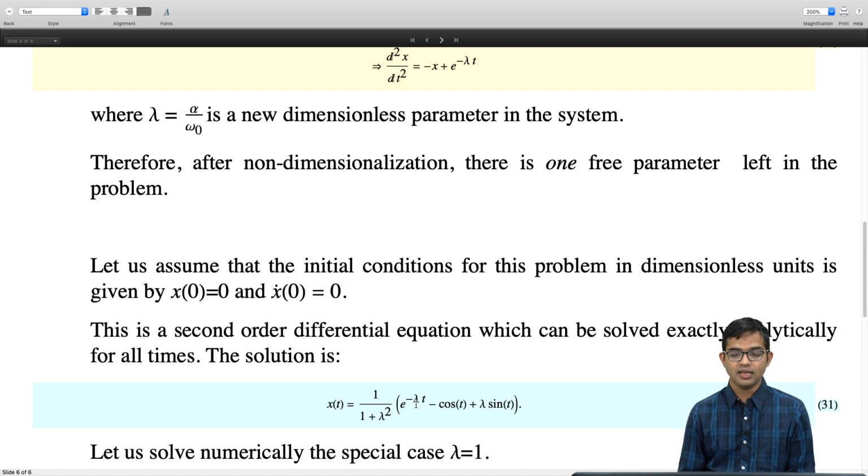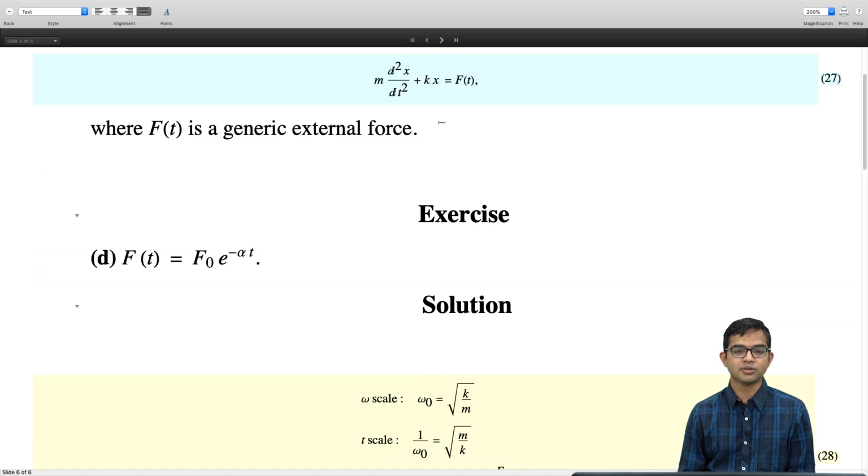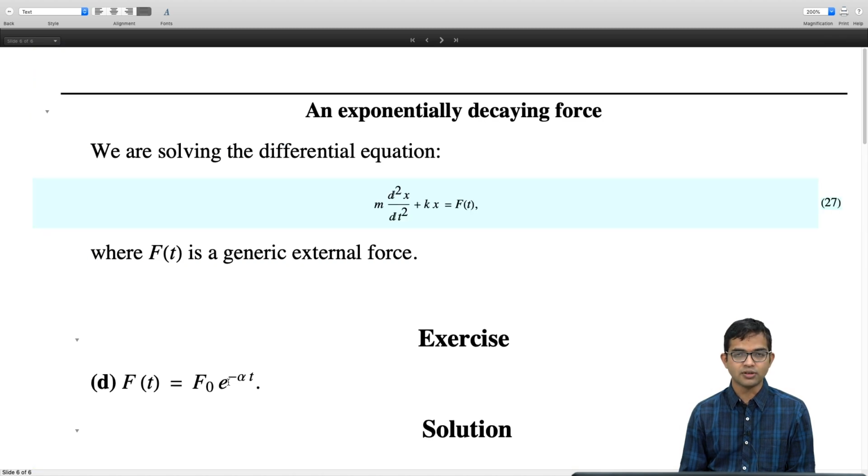So we know that the two extreme kinds of this type of force are either a constant force, where even the constant force only managed to give us oscillations but about a different equilibrium position, and the other extreme is just no force, the familiar problem where you are not going to have anything other than oscillations about the mean. So if you put an exponential decay in time, you also expect that this motion is going to be bounded, right? This is an argument you could have come up with right at the beginning itself.